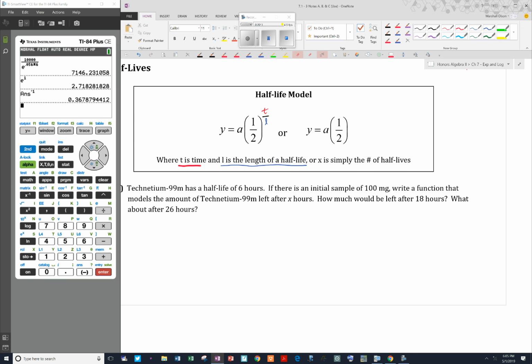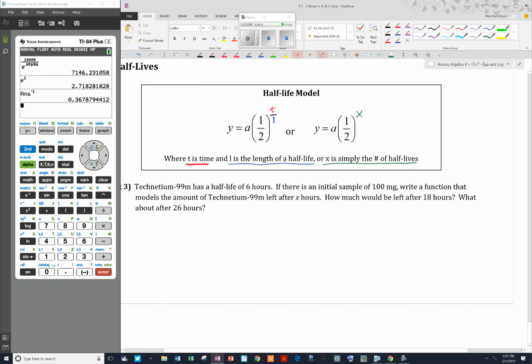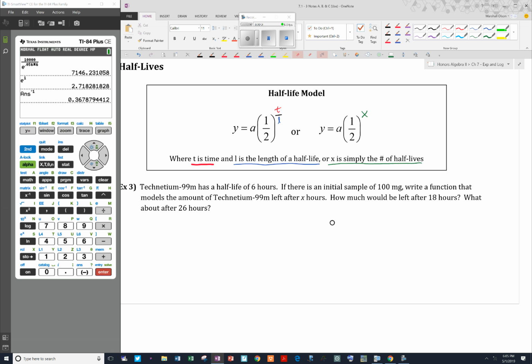Or you could simply find the number of half-lives that have gone by and call it x. I mean, we could just use this idea right here. That might be a little bit confusing to start with, but I think once you see this example, it'll make sense. So you've got this certain isotope here, or whatever it is,